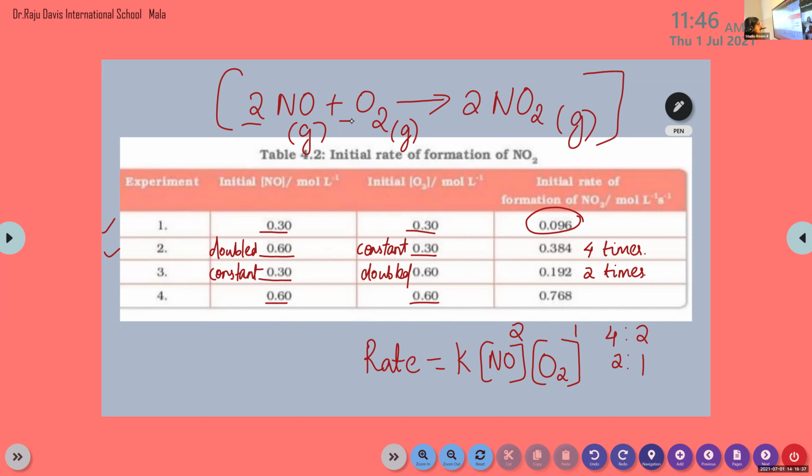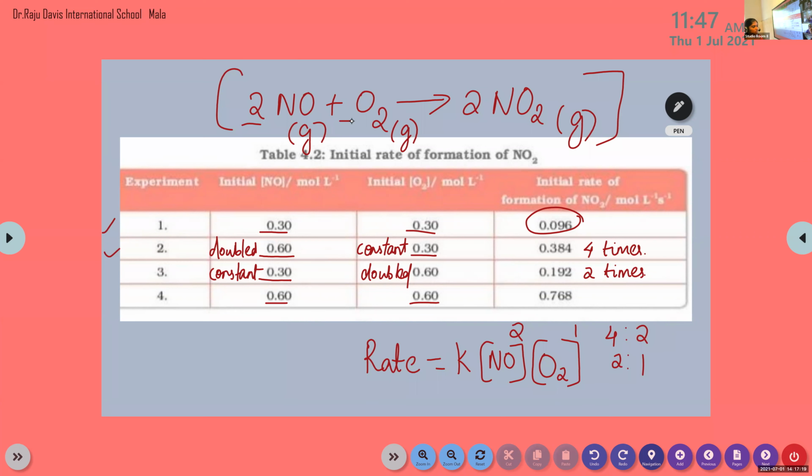Yes. In this case, we consider this chemical reaction 2NO plus O2 giving 2NO2. After changing the concentration of the reactants, we reach the conclusion that the increase in the rate of the reaction, its ratio, is 4:2 in the case of NO to O2. So we can simplify it to 2:1. And the power here, in the case of NO, it is 2 and O2, it is 1. When comparing this power with the stoichiometric coefficients in the balanced chemical equation, it is the same.